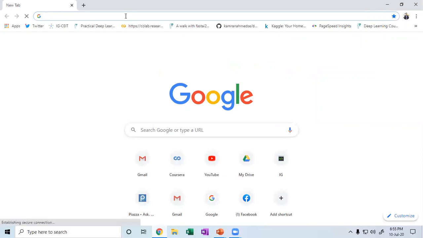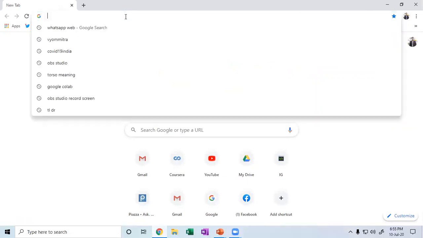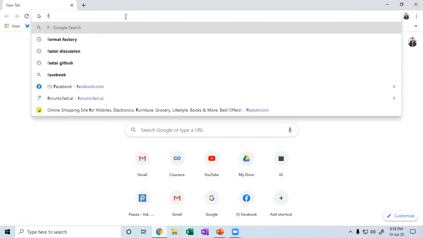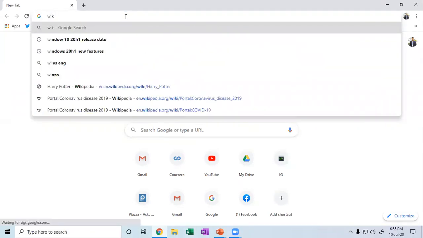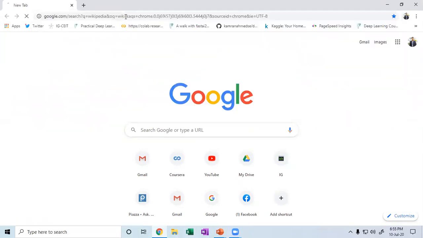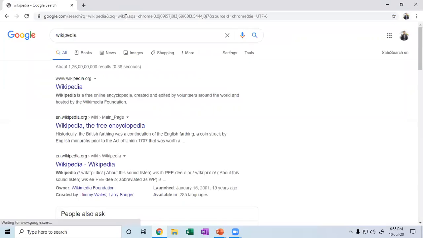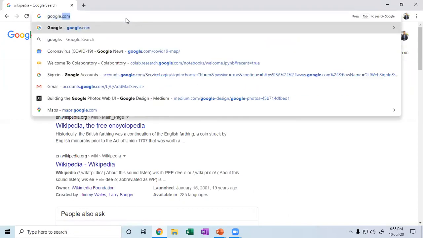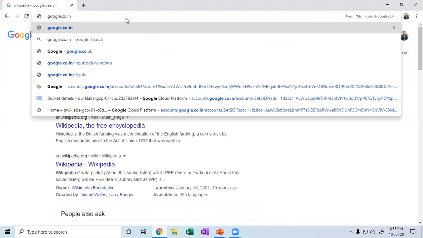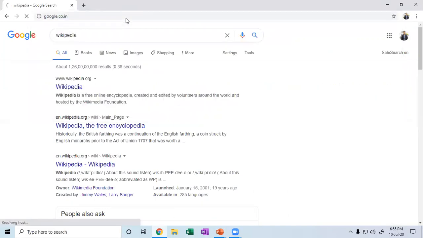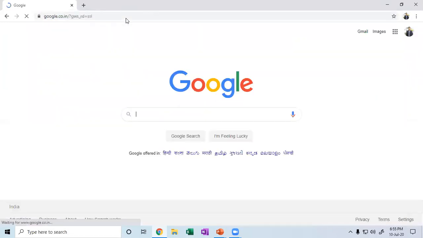This is my browser, and I'm just opening a web page, Google. What happens is important.